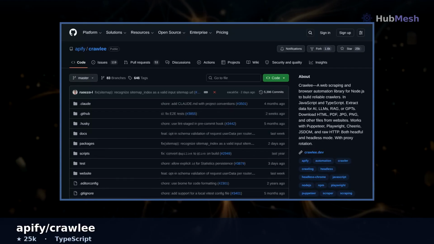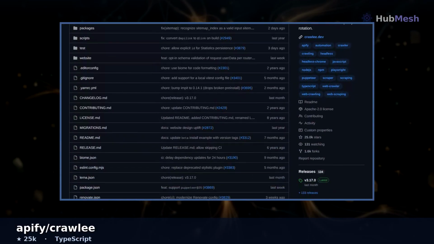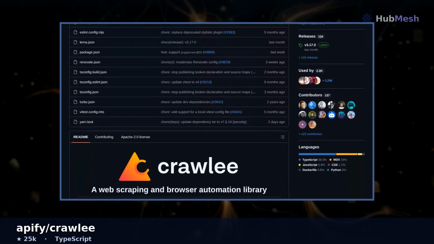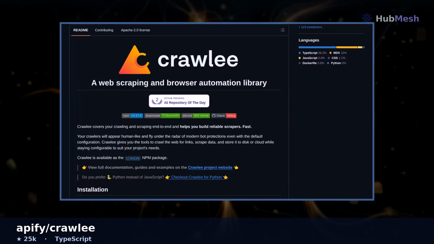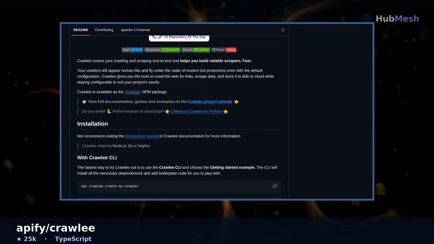Crawlee helps you build reliable scrapers that appear human-like even with default settings. It handles everything end-to-end, and we'll see how it integrates with the Apify platform later. This library covers crawling and scraping end-to-end, helping you build reliable scrapers that are fast and appear human-like to bypass